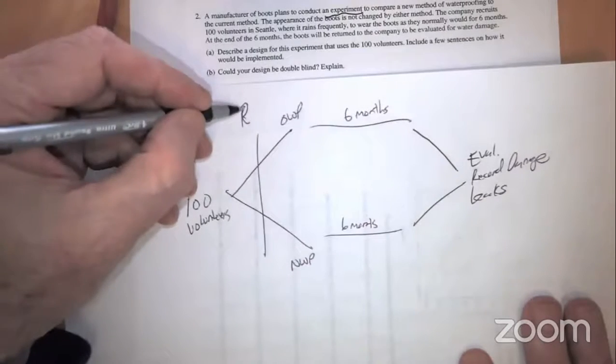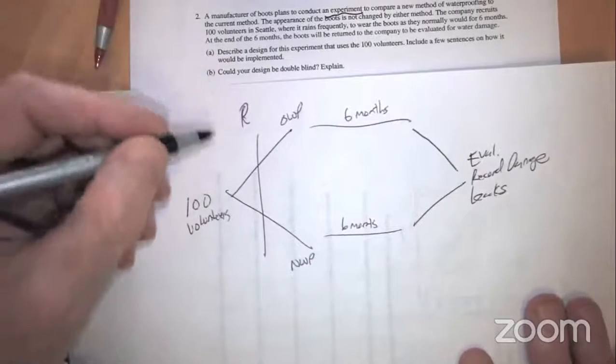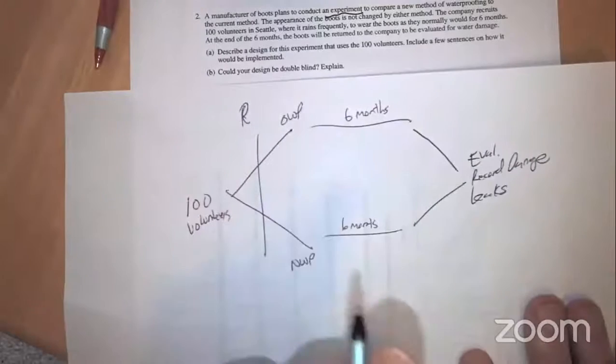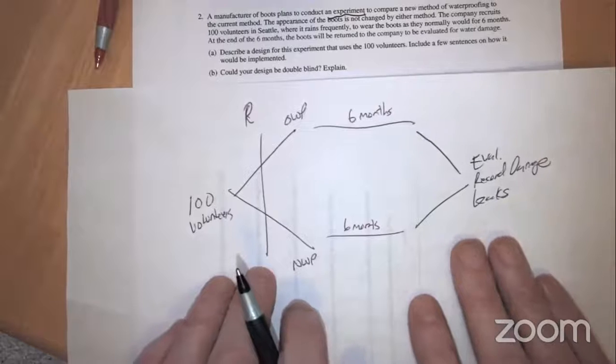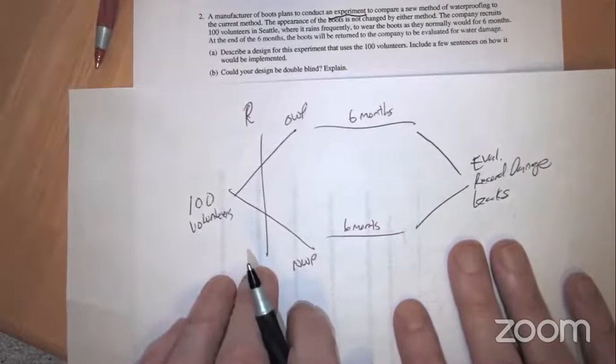I don't know what this R means. I mean, I think it means random, right? But I don't really know. So I encourage my students to come up with these, again, experimental design trees. I don't know if there's a better name, but